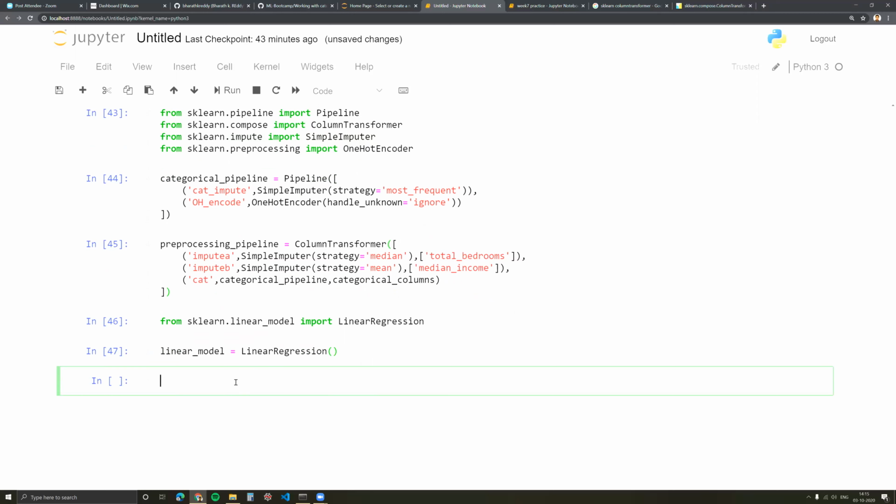And now I'm going to build a full pipeline, including the model. The first step, I want the pre-processing pipeline to run.